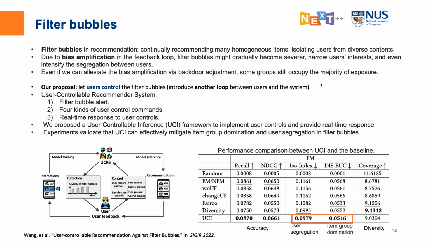And then a follow-up question. For the ISO index, is it better when it's lower or higher? Better means lower filter bubbles. A higher value index is not good, it will have severe filter bubbles. So I guess what you're showing here is that you enable users to break out of filter bubbles in general, and achieve better accuracy because users are more satisfied.